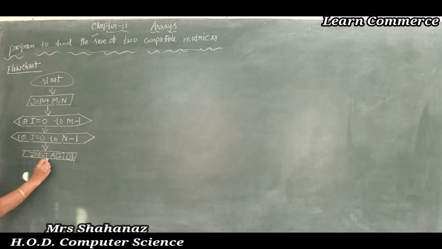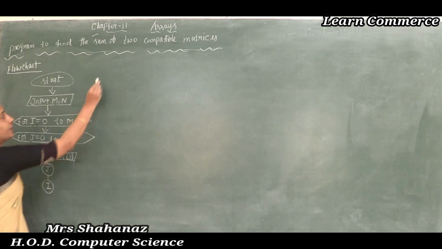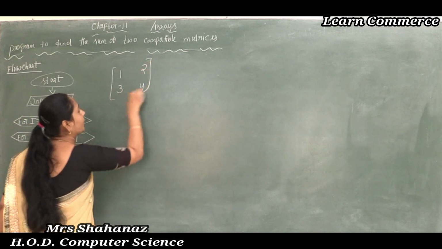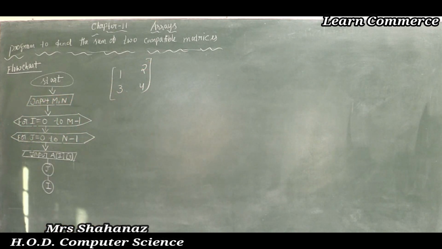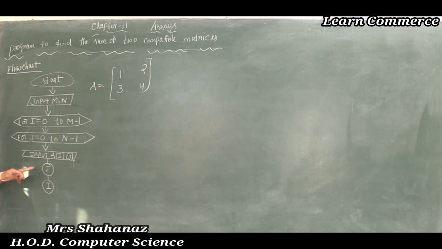So just now, as we know, here not just one time, we are going to input many elements, 1 2 3 4. Correct? So like that we need to input 1 2 3 4. Like that we need to input the values into the matrix A. Clear this point? Into the matrix A here.